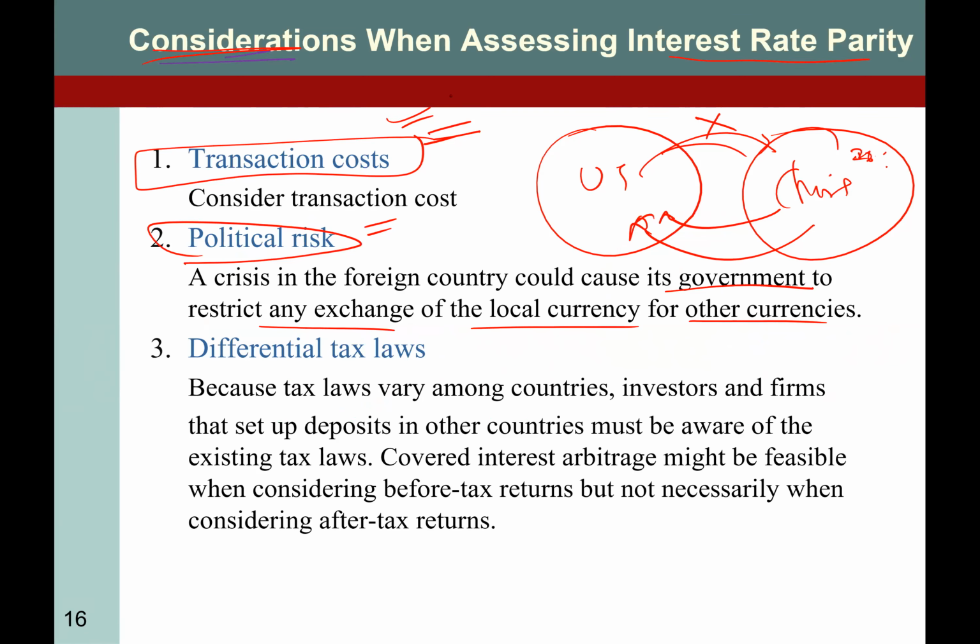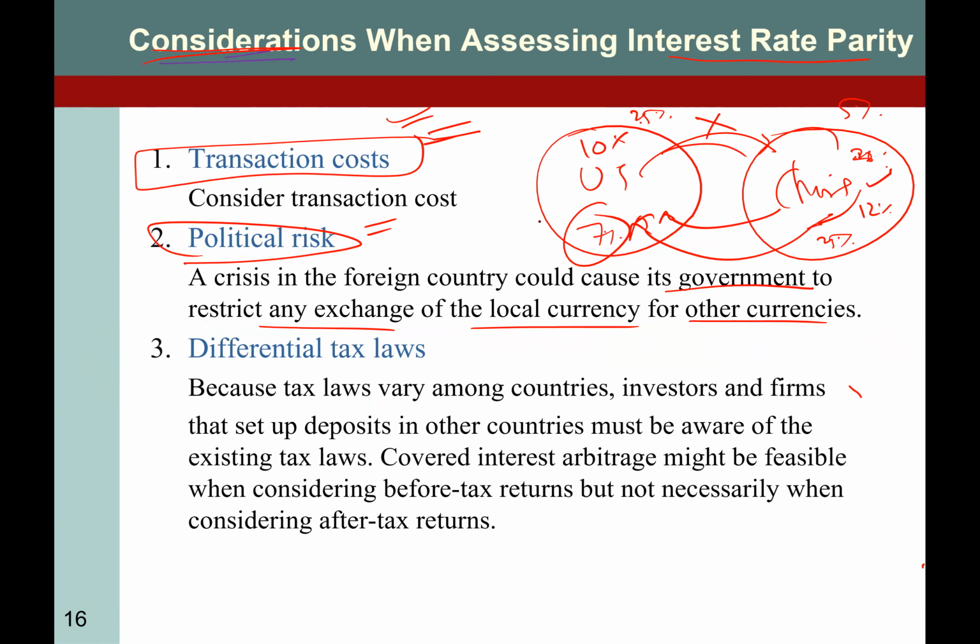Plus, there are transaction costs, right? You want to invest in China, so you go to a consulting firm or your financial analyst, and you pay them money or some brokerage fees. And then after 1 year, when you try to convert back from Chinese yuan to US dollars, you also pay some transaction cost. So what if the US is giving you 10% and China is giving you 12%, but the transaction cost is 5%, 2.5% here and then 2.5% when you convert your money back? So how much do you basically end up earning?